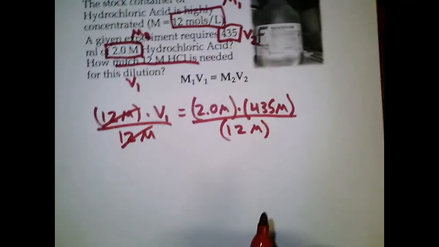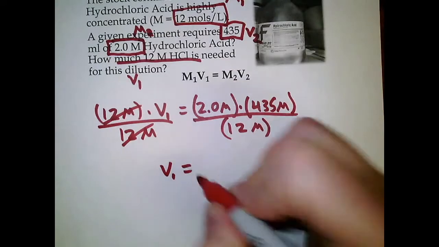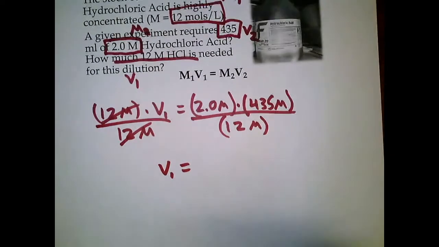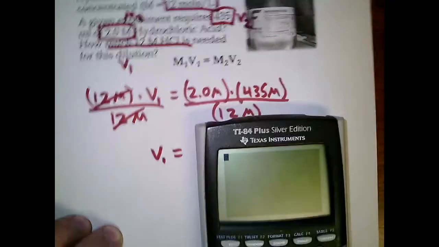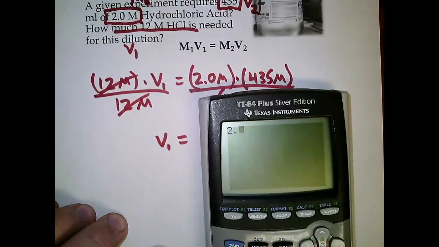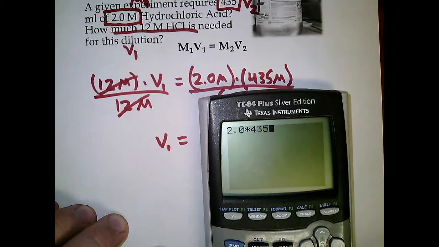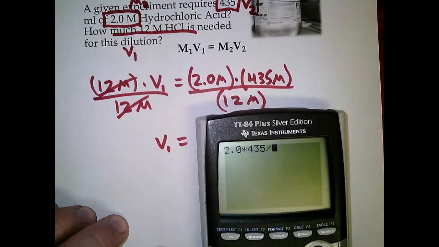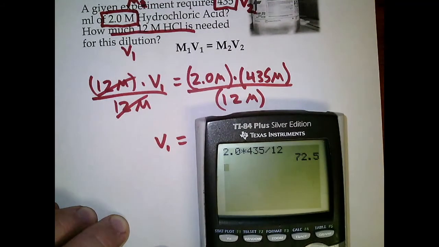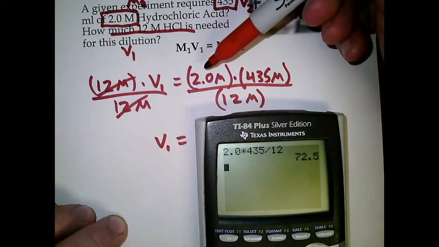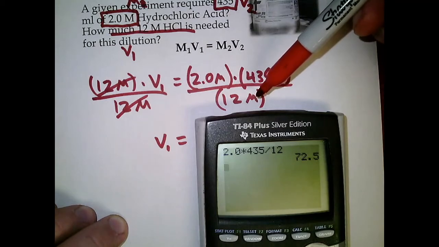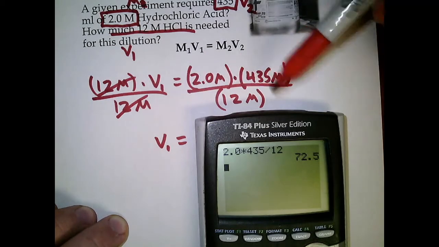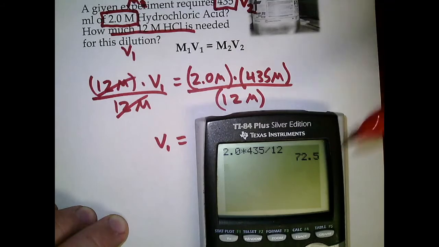Now I'm just going to take this and plug into a calculator. The only thing left on this side is V1, so whatever this is, is my answer. So let me grab a calculator here. We have 2.0 times 435 divided by 12. Answer is 72.5. Now, before I write this down, I'm going to look at significant figures here. So this one has two significant figures. This one's got 3. This one has 2 significant figures. So 2 is what I have for lowest here. So my answer has to have 2. So this would round up to 73